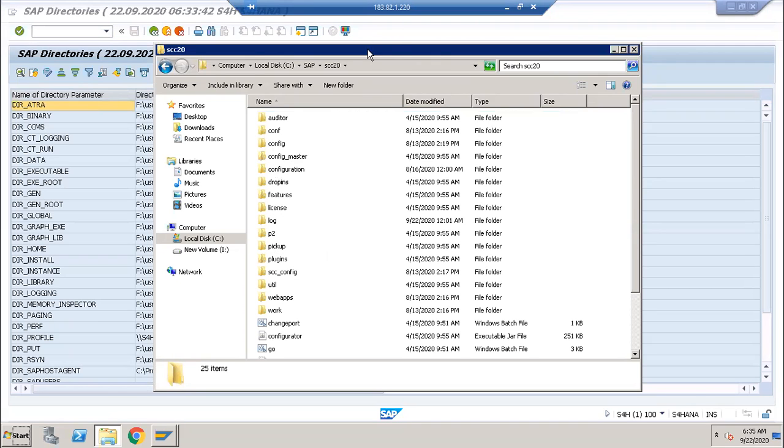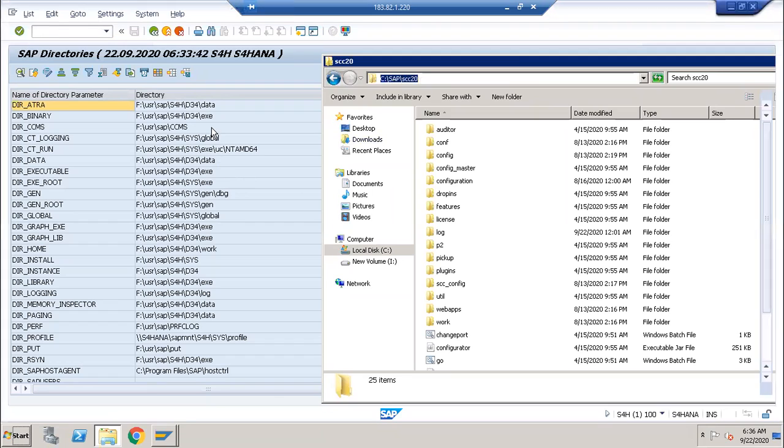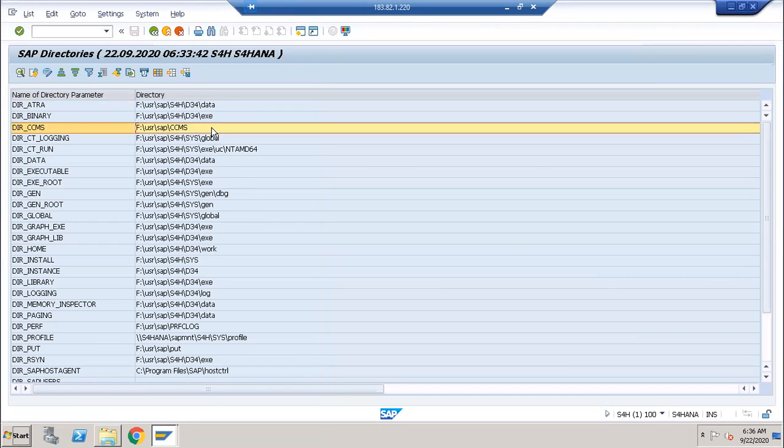In the same way, here also we can see a directory. Here, if you see computer, local disk C, SAP, SCN, like that it is coming. If you click here, you see C colon slash SAP slash and so on. They have created some folders like this.